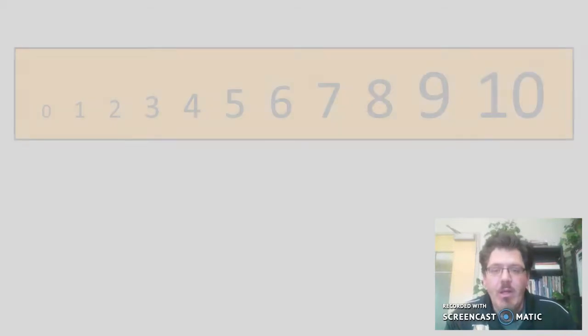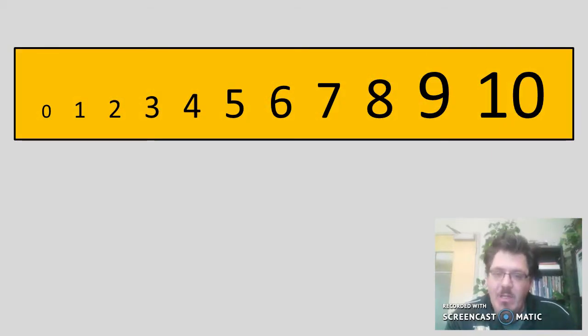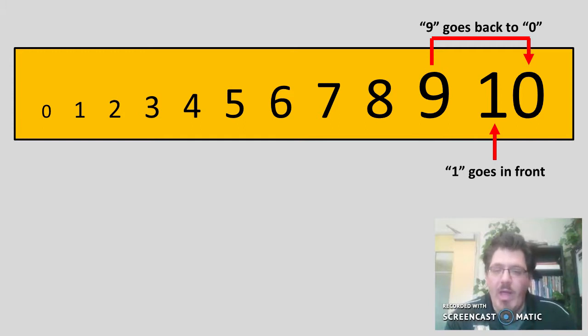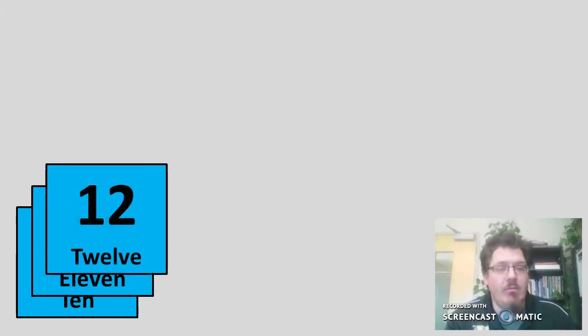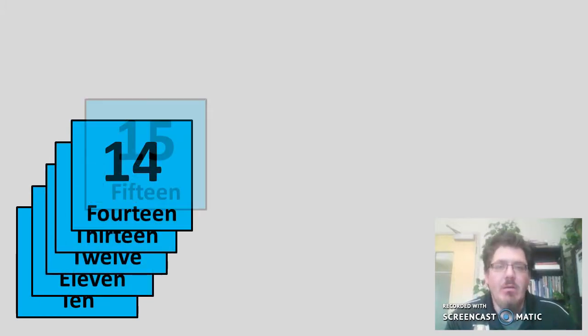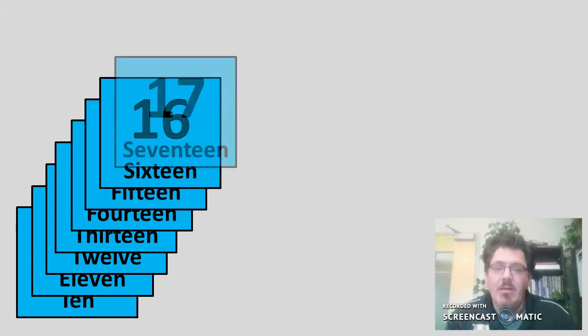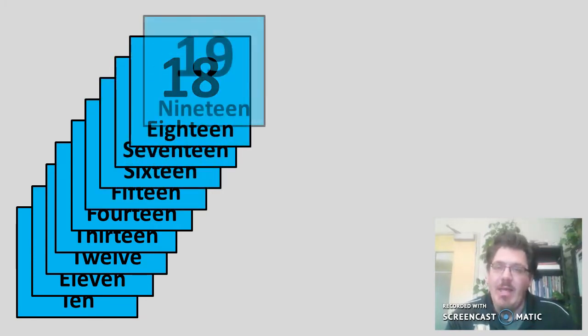Repetition and practice will help ensure that your child has those numbers down pat. This is important because a pattern starts to emerge as we continue counting up. The next number in the list is 10. Notice that in the two-digit number, the rightmost digit returns to 0 and a 1 is placed to the left. Now 10 is a pretty powerful number in our mathematical system, but we'll come back to that a little later. If we continue counting up, we have 10, 11, 12, 13, 14, 15, 16, 17, 18, and 19.